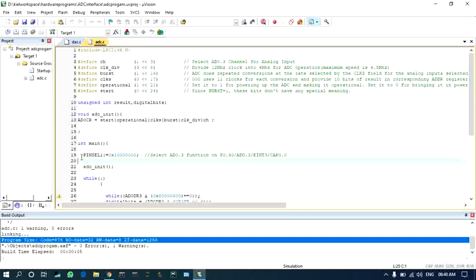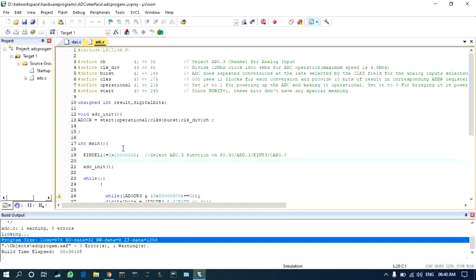Once the pin is enabled for analog to digital function, we can configure the analog to digital converter control register to begin the conversion. As you can see here, we have used AD0CR.